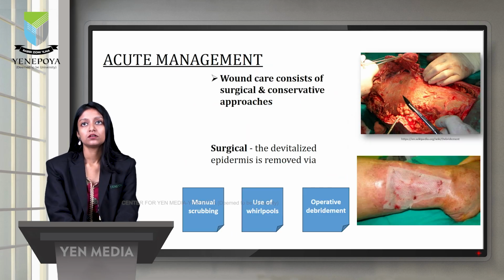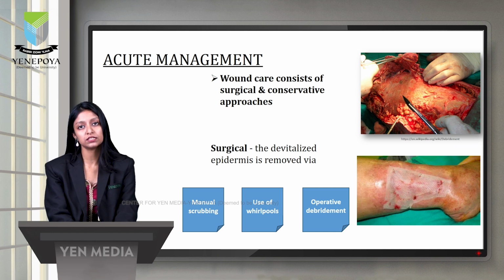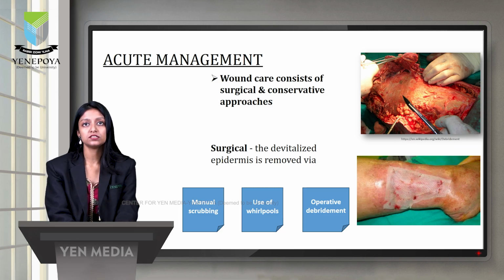Coming to the management, wound care for these symptoms will consist of both surgical as well as conservative approaches. So what do we mean by the surgical approach? Surgical approach can again be of different types. Here it usually means scraping off or removing the epithelial layer. So the first thing in surgical management will be manual scrubbing. So we will gently scrub off the dead skin tissues so that the healthy skin tissues can be